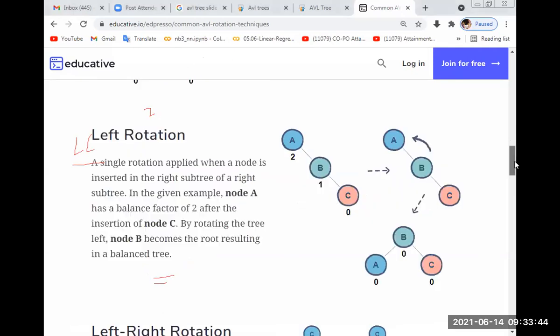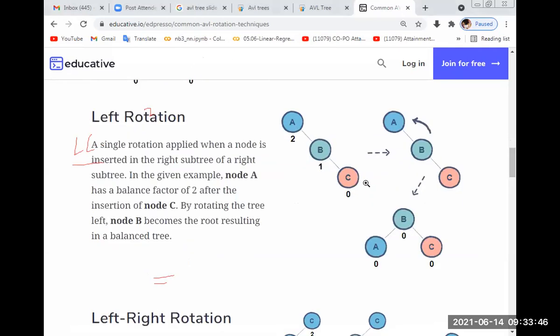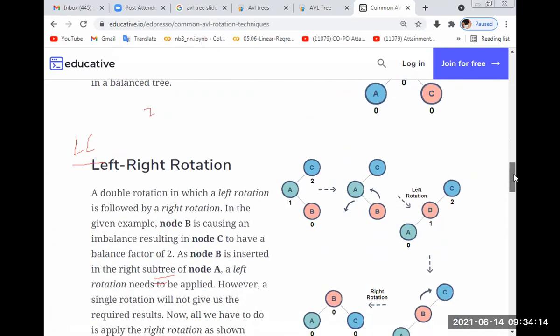Then we see here there is a problem on the right side. So then we have to rotate to the left. So this one we call an RR rotation, right rotation. LL rotation, left rotation, RR rotation, right rotation. So here we have the problem on the right side, you just rotate it in the left direction. So I rotate into the left direction. Clear students?